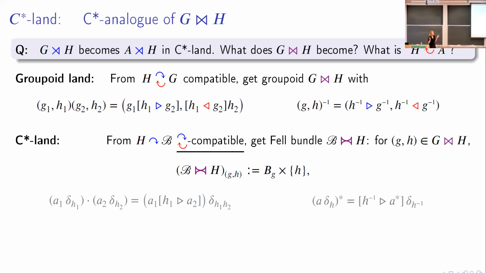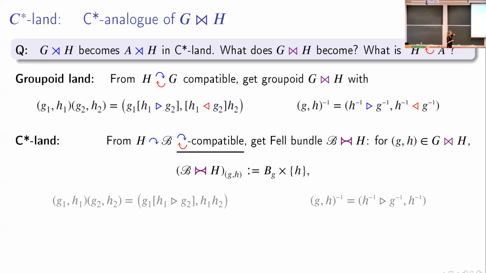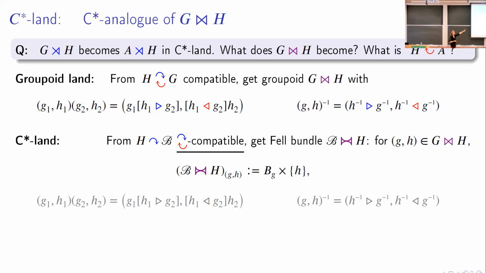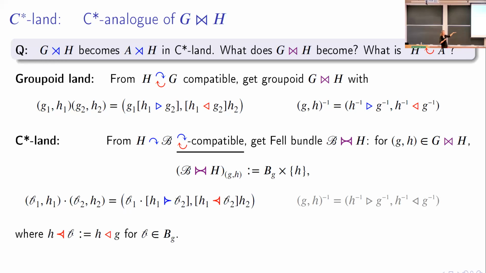Okay, so now, in order for me to make it a Fell bundle over the Zappa-Szép product, I need to give this thing a multiplication and involution, right? What I did earlier with the cross product is copy paste the formula of the semi-direct product, right? So here, this is the cross product multiplication and involution, and this came from the semi-direct product definition, right? But what I actually want to model is the Zappa-Szép product definition, right? I want to model that. And so what I do, now remember, this is just exactly what I have in the upper line, right? The upper line and this line is now the same. And now I just do the exact same thing. I mimic this formula in my new Fell bundle.